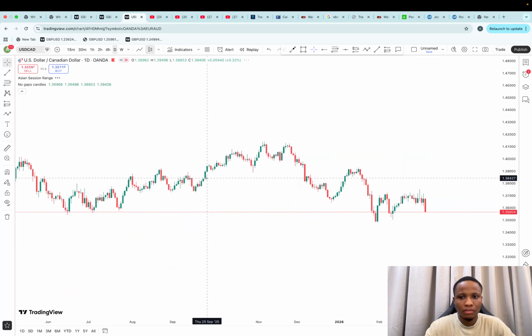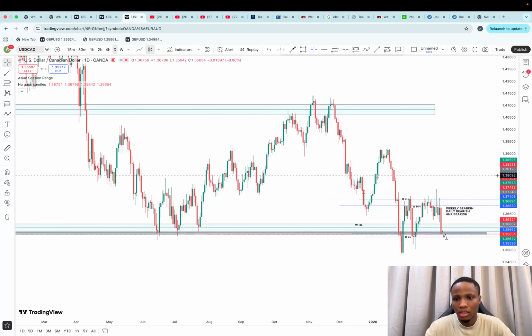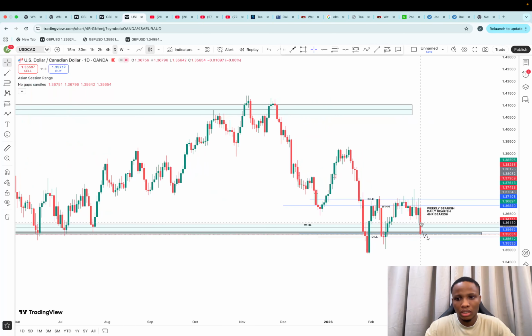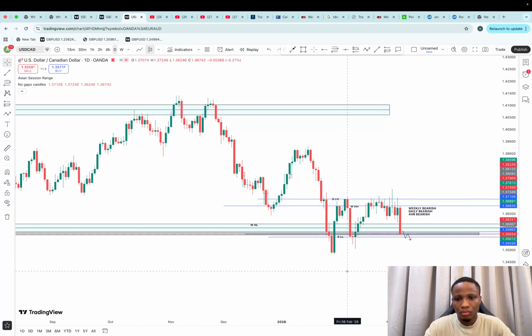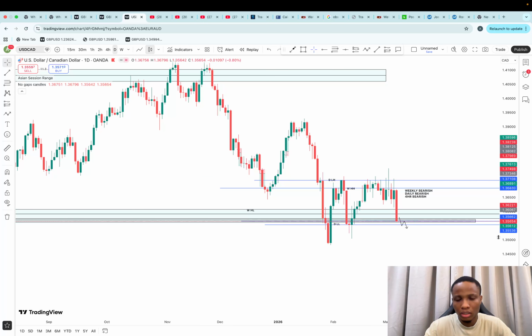On the daily time frame, we are also bearish. We are having our lower lows at this point and lower highs. We have been bearish for a while on the daily. This was our previous lower low, and this was our lower high. The minute this market has a body close above this zone, above this candle right here,